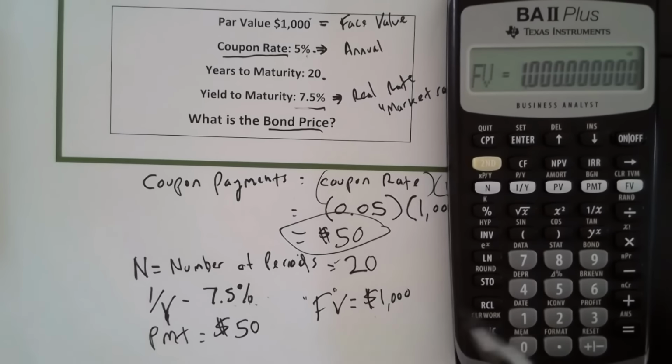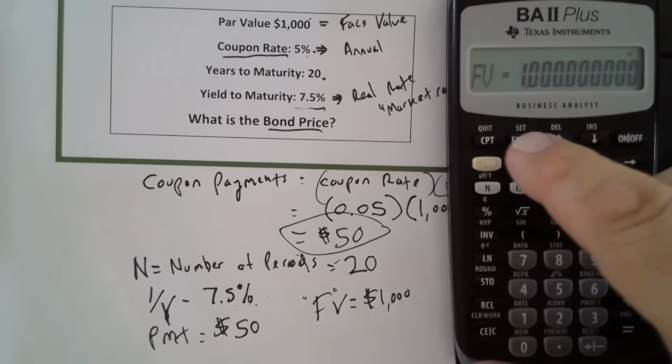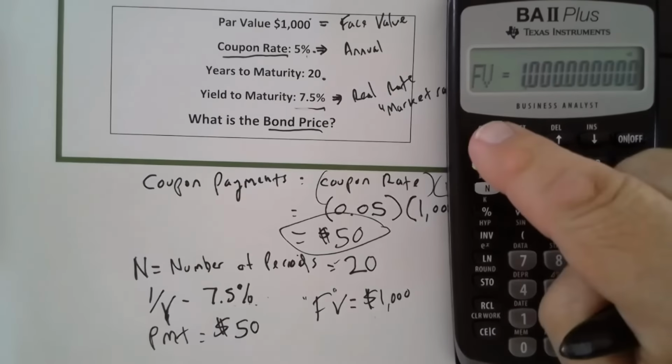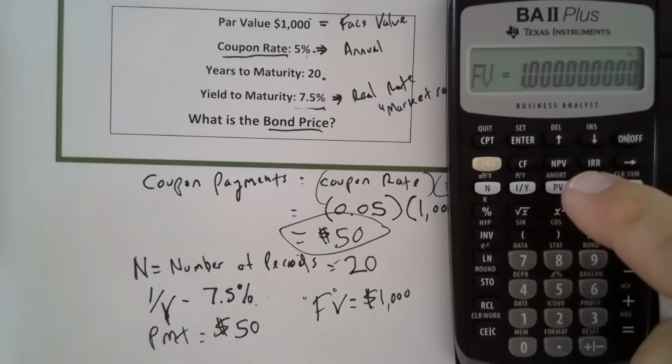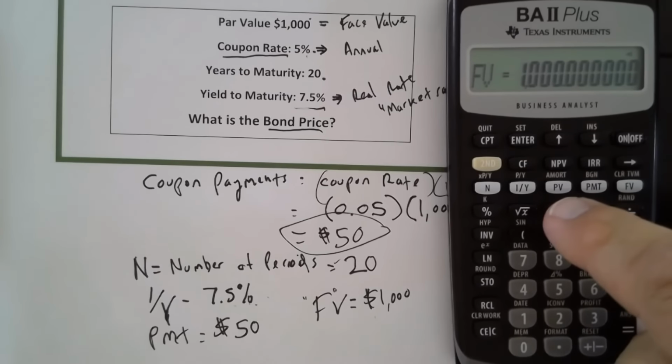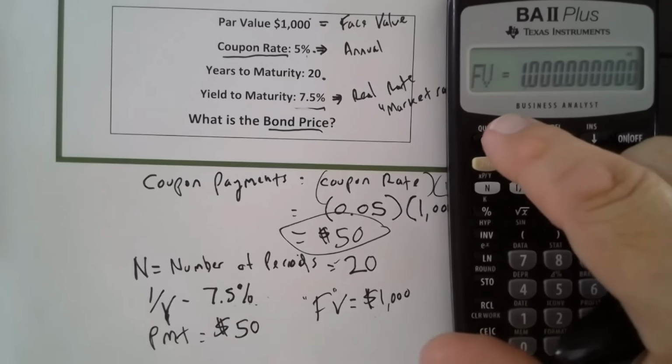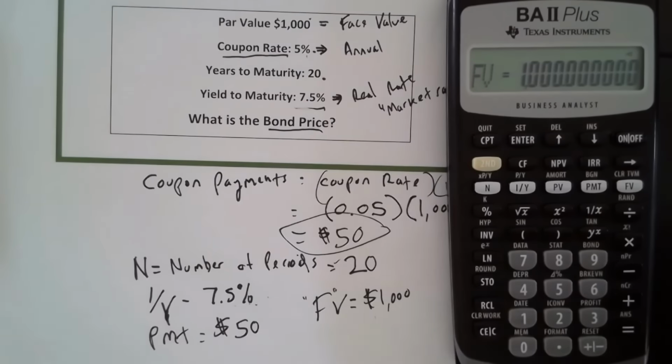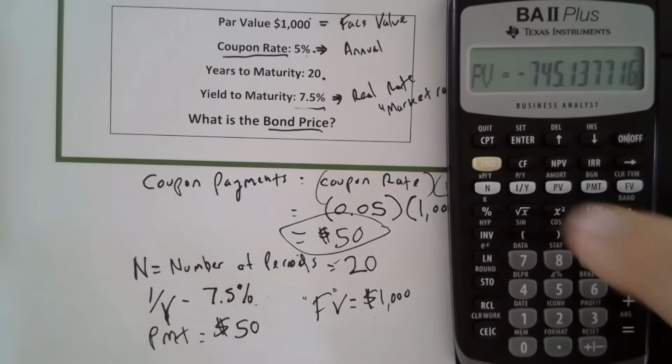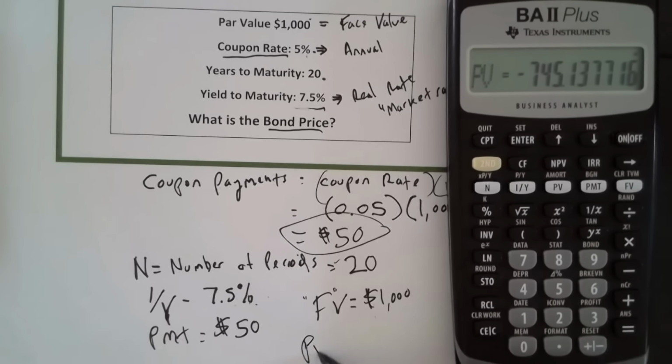Now we've entered all our information and we're ready to find the present value of this bond, which will be the sale price today. So we must hit compute. Do not hit present value yet. It's going to give you an error. You have to hit compute and then PV. And that gives us a present value, which is the price of it, of